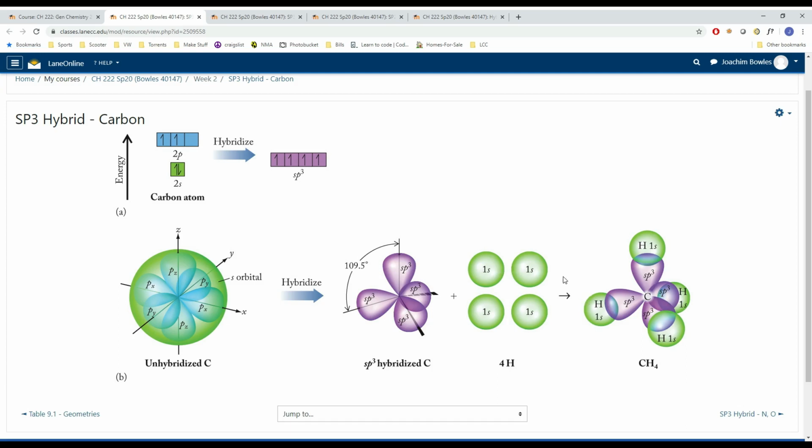And so these 1s orbitals of hydrogen, which are half full, pitch one electron in. These sp3 orbitals that are half full pitch one electron in, and we get a bond. And valence bond theory says we have a shared area here. That's where the electrons are going to hang out, and that's what's going to hold this together. And we see that in 4 locations, and that gets us CH4. So this is the case with hydrogen. So it has only one electron in each of these sp3 orbitals, because again,